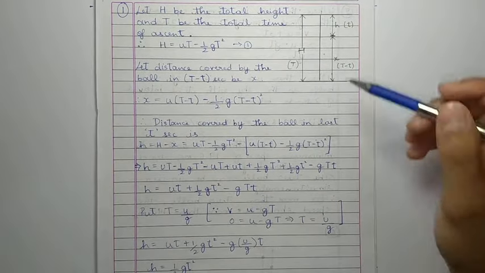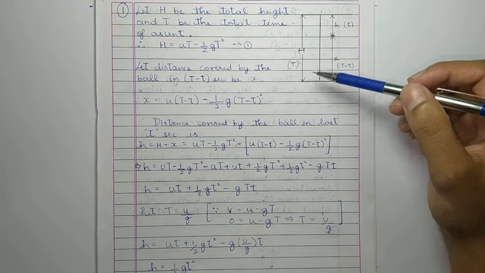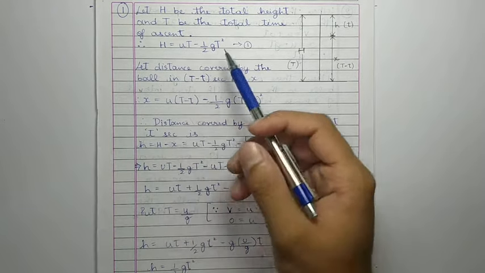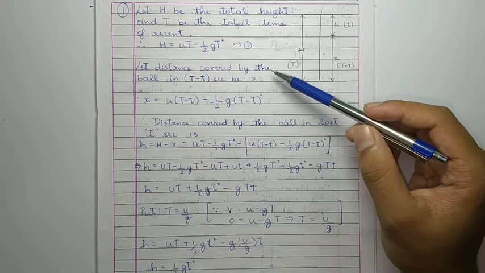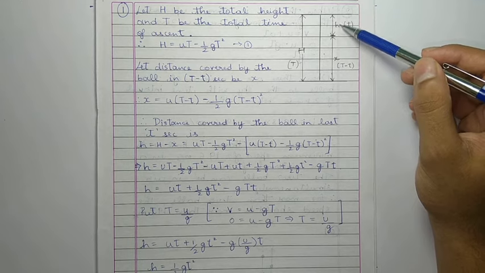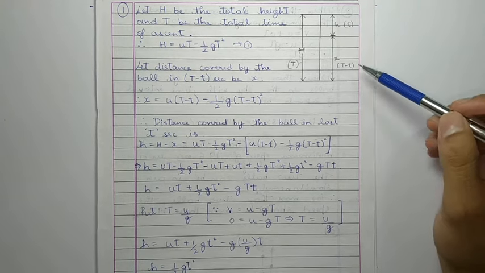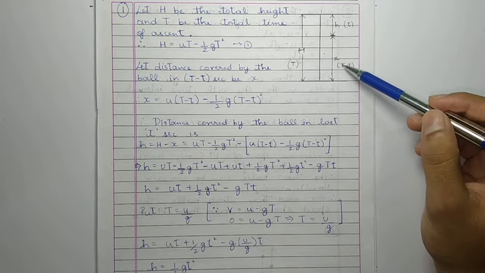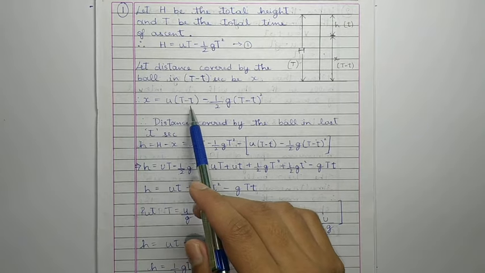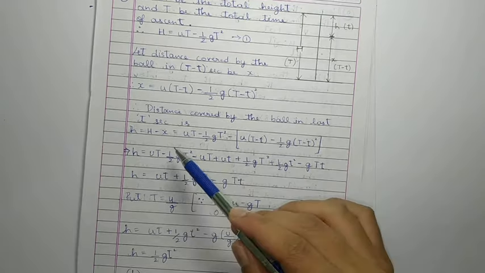Let H be the total height and capital T be the total time of ascent. So the total distance is given by ut minus half gt square. Let the distance covered by the ball in T minus t seconds be x, where small t is the last seconds and small h is the distance covered in the last t seconds. So x is given by u into (T minus t) minus half g into (T minus t) whole square. The distance covered by the ball in the last t seconds is given by